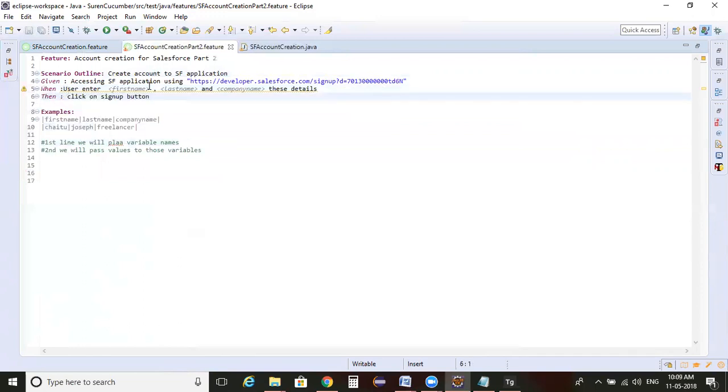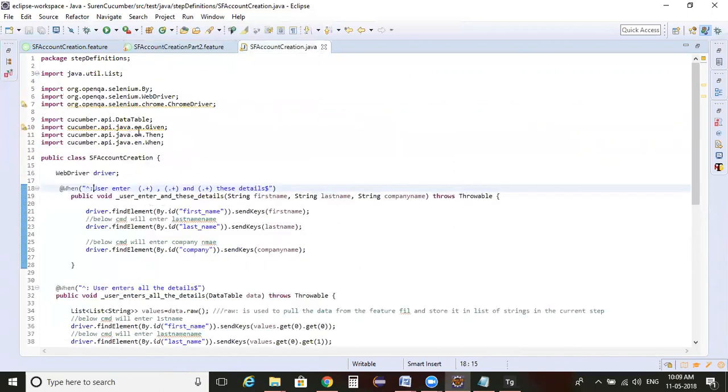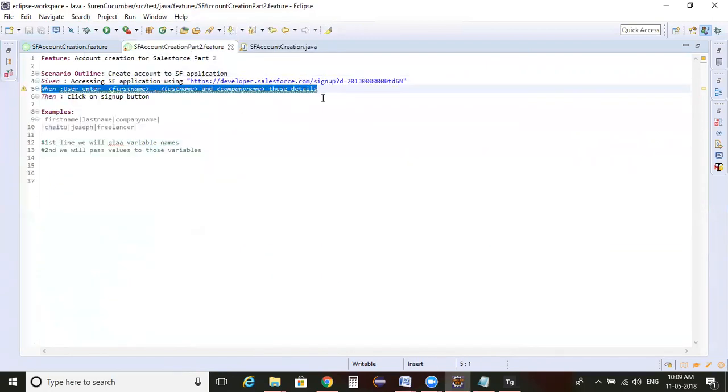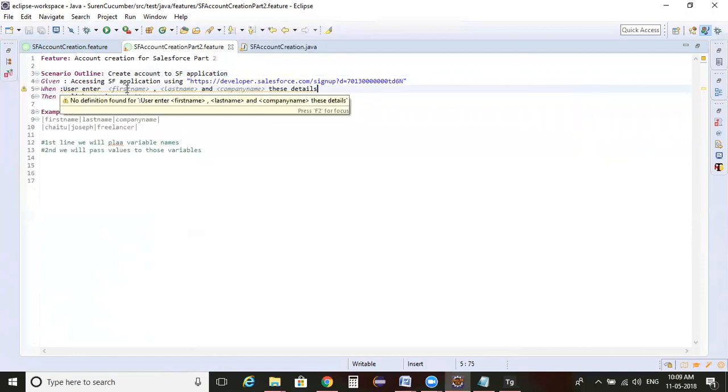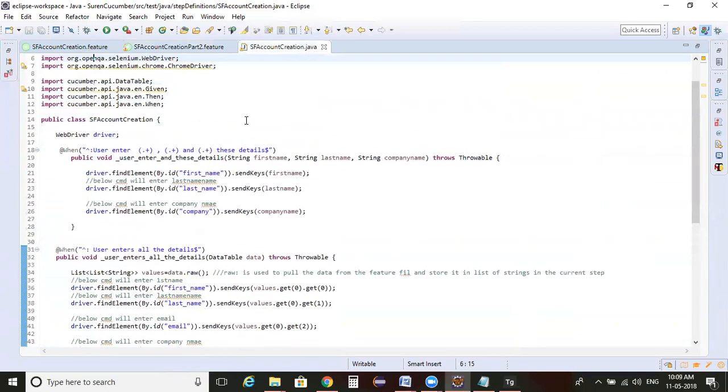Okay, cool. So I just created this file, but somehow the step definition is not recognizing here, right? Let us see why it is not recognizing this step. Let me mouse over on this. It's not at all recognizing. Let me look into the step definition.